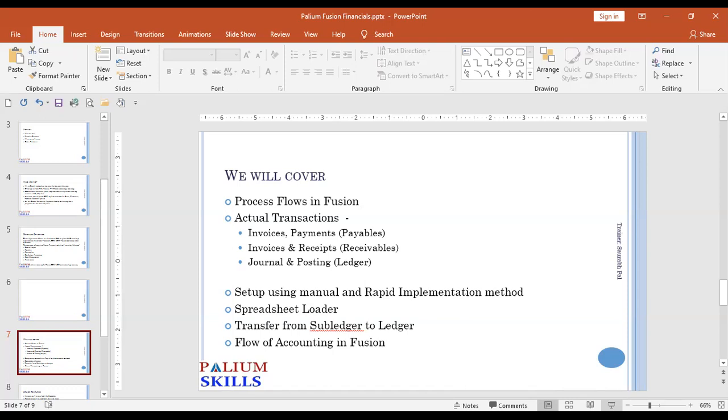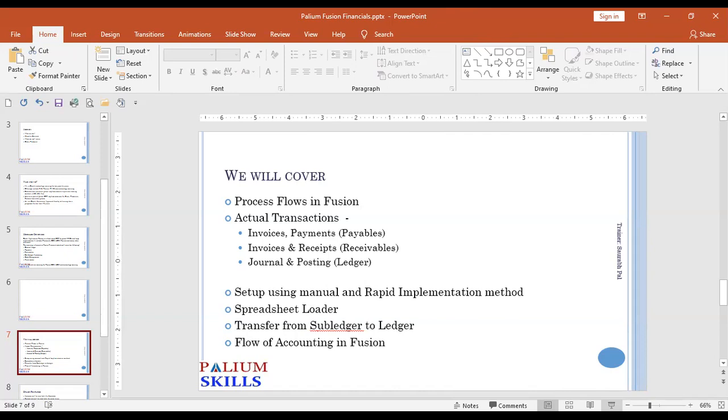Then we'll be setting up using the manual as well as the rapid implementation method. We'll be looking at the spreadsheet loaders, how you can load your invoices in payables,